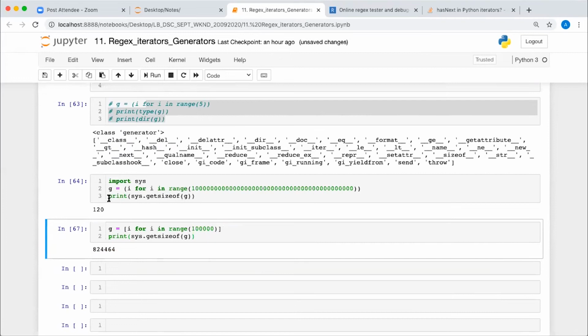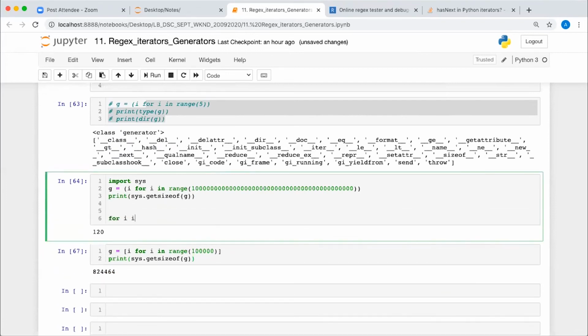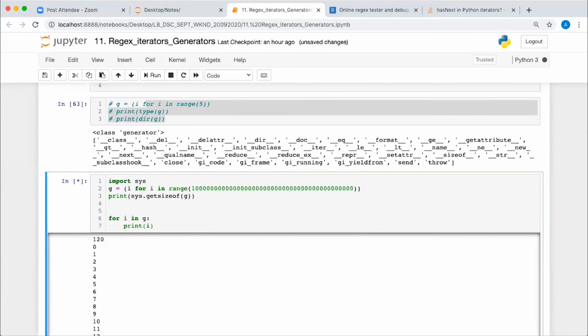Okay. Fine. Now, if you want to fetch the value from the generator, you can run the loop here, for i in g, and you may print i directly here. It will keep on printing the values. The advantage in that is this: when you generate a number, let's say when you are printing i, at that time i is pointing to 0. But when it picks the next element, which is 1, the reference to 0 is lost. So it will be automatically garbage collected.